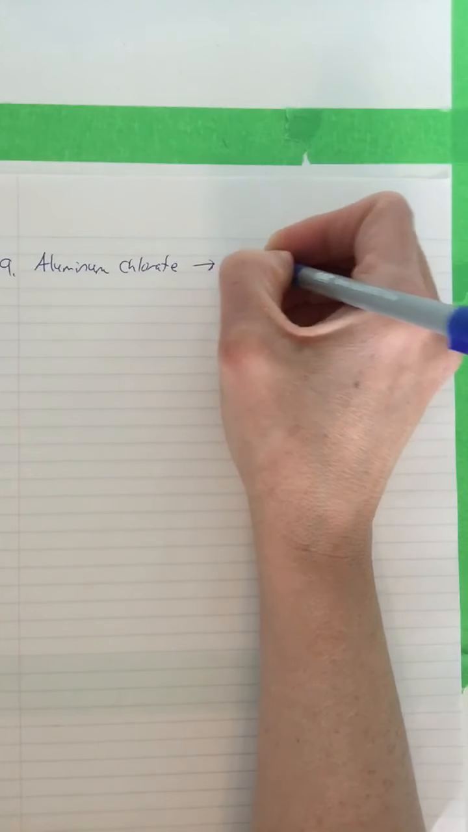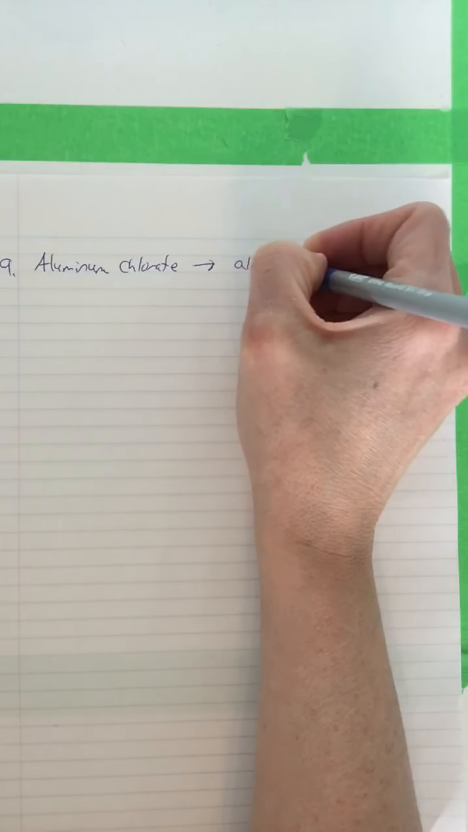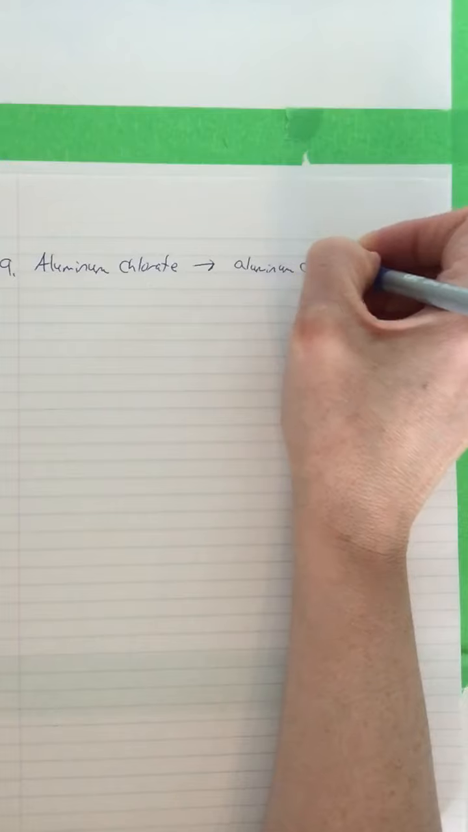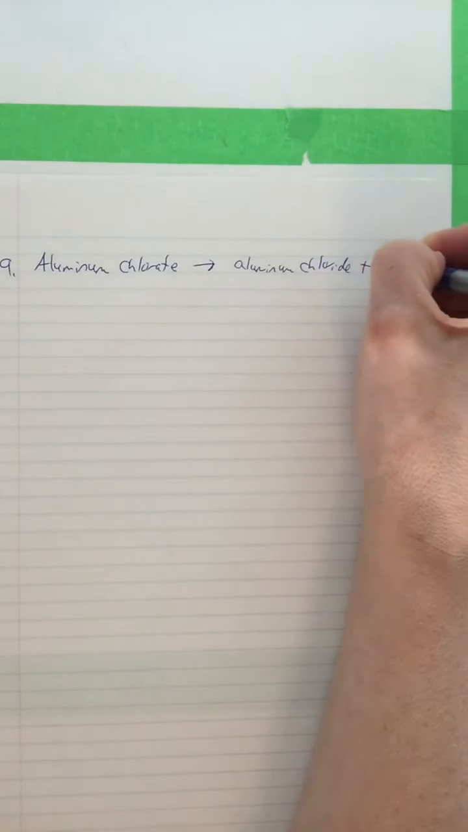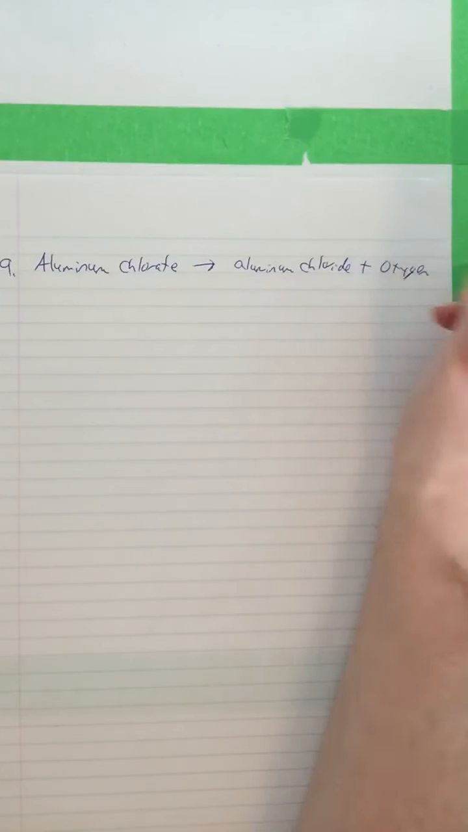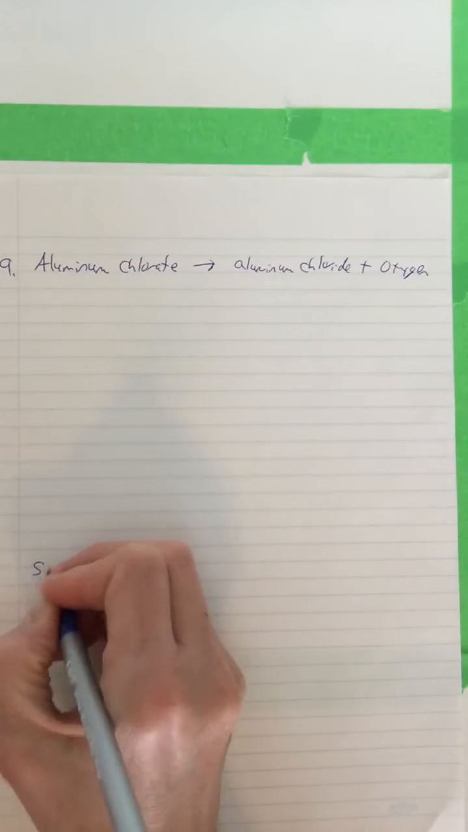Yields aluminum chloride plus oxygen. Okay, it's a decomposition. So sometimes these are a little trickier. But that's all right. We got this. So I'm going to do some scrap